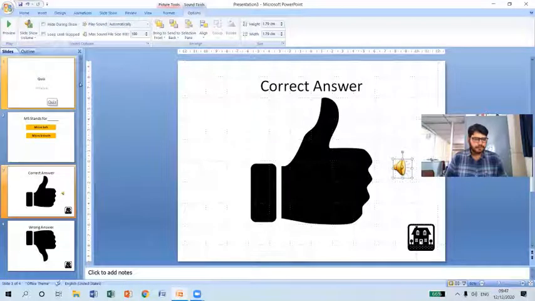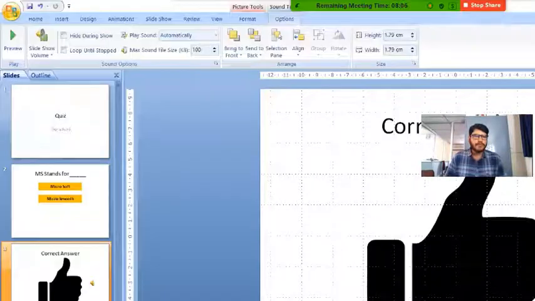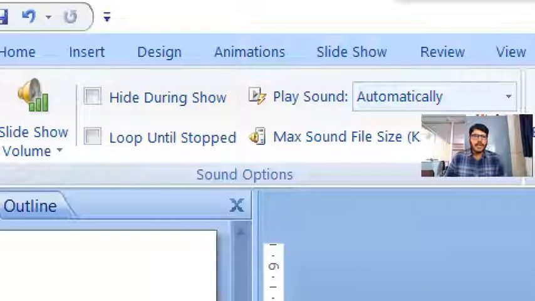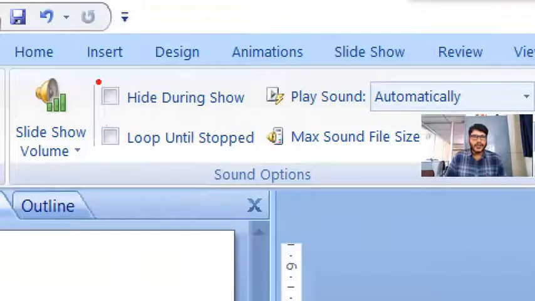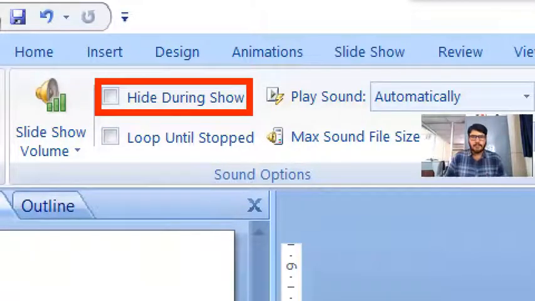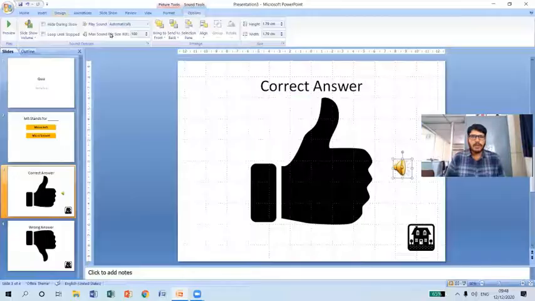Now I don't want to display this particular icon during the slideshow. For that, I'm going to enable the Hide during show option. That means during the slideshow, I want to hide that icon. So let me select this option here.